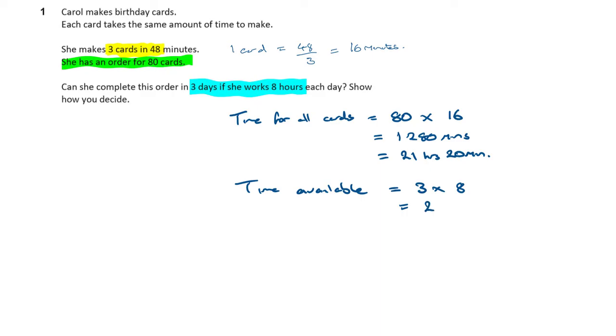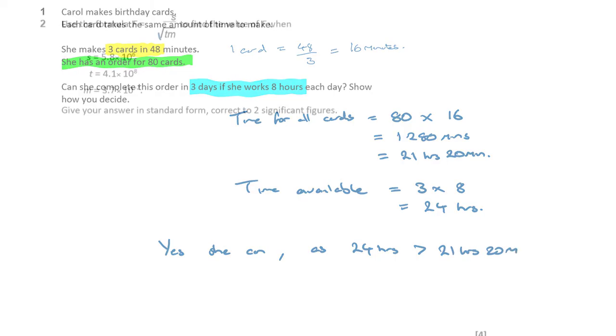Appears she has plenty of time. Is that it? Seems to be. No catch. She has plenty of time. So yes, she can, as 24 hours is greater than 21 hours